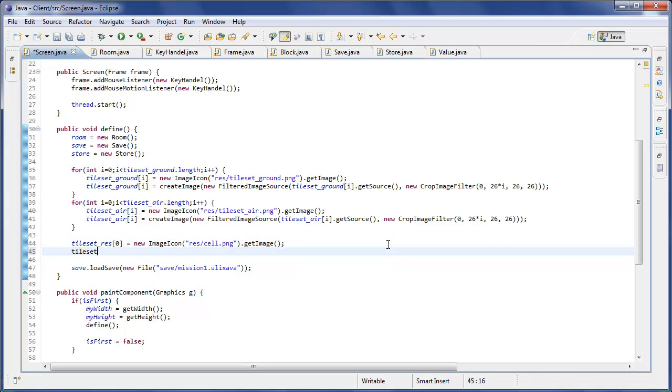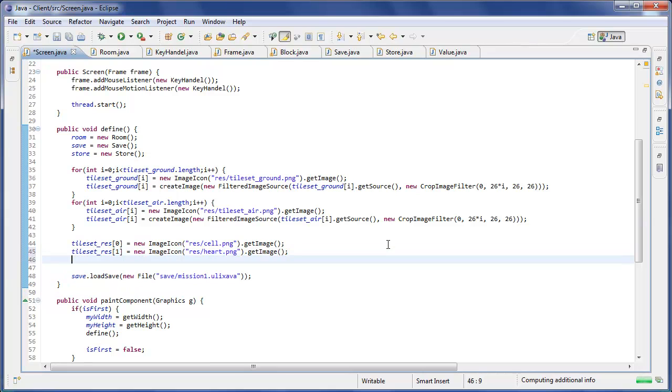So tileset underscore res1 equals new image icon, import the heart.png.get image. tileset underscore res 2 equals new image icon, res, and we got coin.png. Alright, we got the two different things. Maybe enemies drop coins and you have to click them to pick them up. No, it would just be too hard for you guys in the beginning. Alright, anyway,